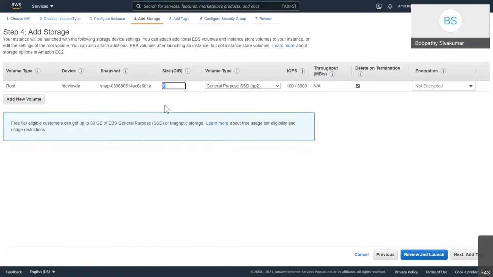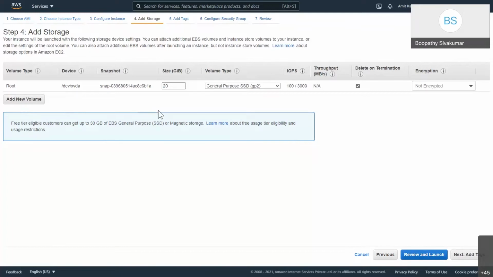We can give up to 30 GB for free tier. Whatever goes beyond 30 GB is chargeable. Let's give 20 GB. You can add multiple volumes, but we are not going to do that. If you need additional volumes for different purposes, we can add those volumes also.